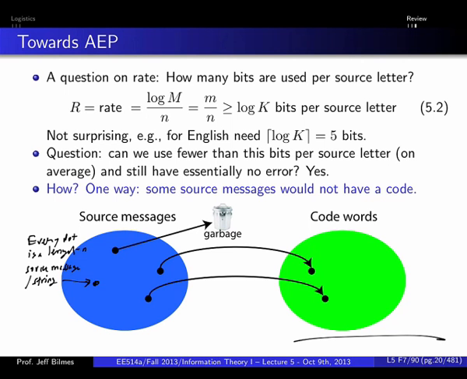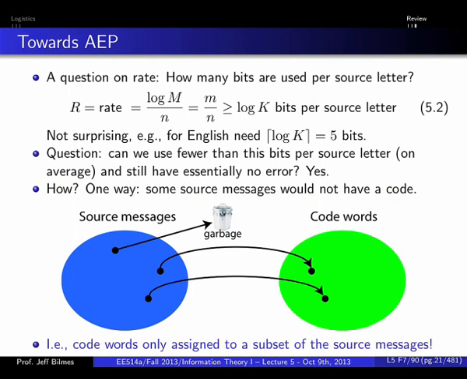And basically, we have a mapping where different source messages map to bit strings. And it's a one-to-one mapping, right? So this goes to this, and once we encounter this code word, we can map that back to the source message. So there are no collisions or anything. It's one-to-one. But basically, in order to get a better rate, we're going to say that some of them maybe get thrown away. So that's kind of what I said. Is that reasonable? That's one way we can do it, and we're going to find out that that's actually perfectly acceptable. Some of the source messages we just never bother encoding.